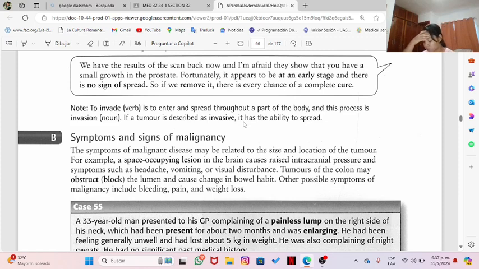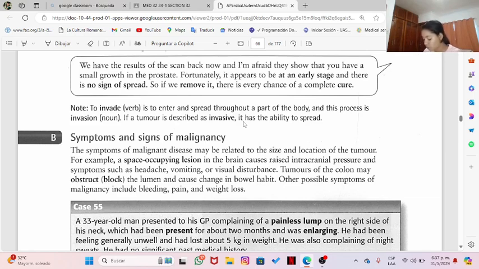Symptoms and signs of malignancy. The symptoms of malignant disease may be related to the size and location of the tumor. For example, a space occupying lesion in the brain causes raised